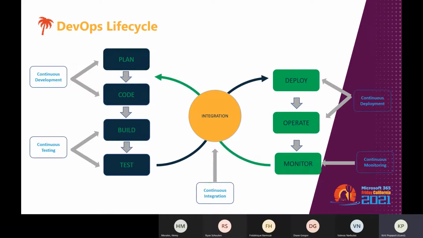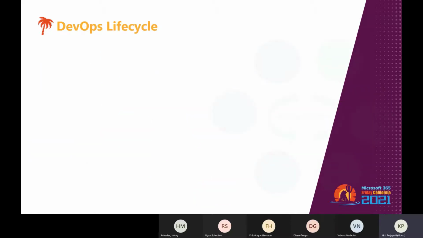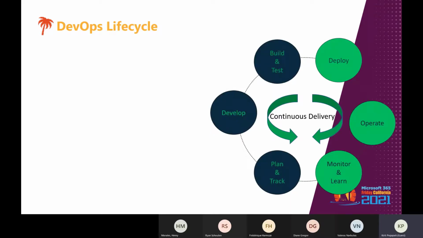And this leads to a faster resolution of the problems, and then it goes to the continuous development phase. So this is how all seven stages are included when you are thinking about the DevOps life cycle. So this is one point we can consider. Now, here is a different representation of the DevOps life cycle I have prepared. This is a common one we are using for most of the applications.